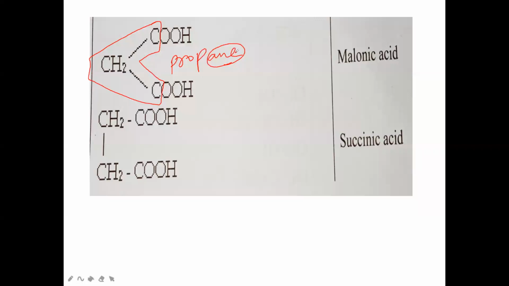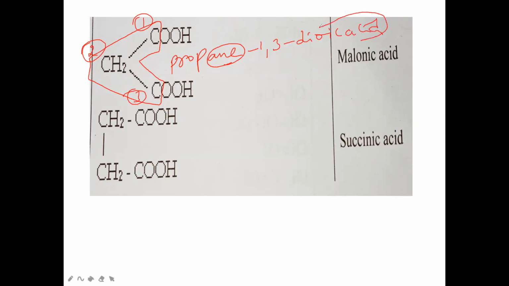E also we have to mention. After that, now numbering: first carbon, second carbon, third carbon. When the first, second, third carbons are present here, what will it be called? Dioic acid. Now the COOH group is there 2 times. Where are the COOH groups positioned here? What are the locants of the COOH groups? 1 and 3. So what do we have to say? Propane 1,3 dioic acid.